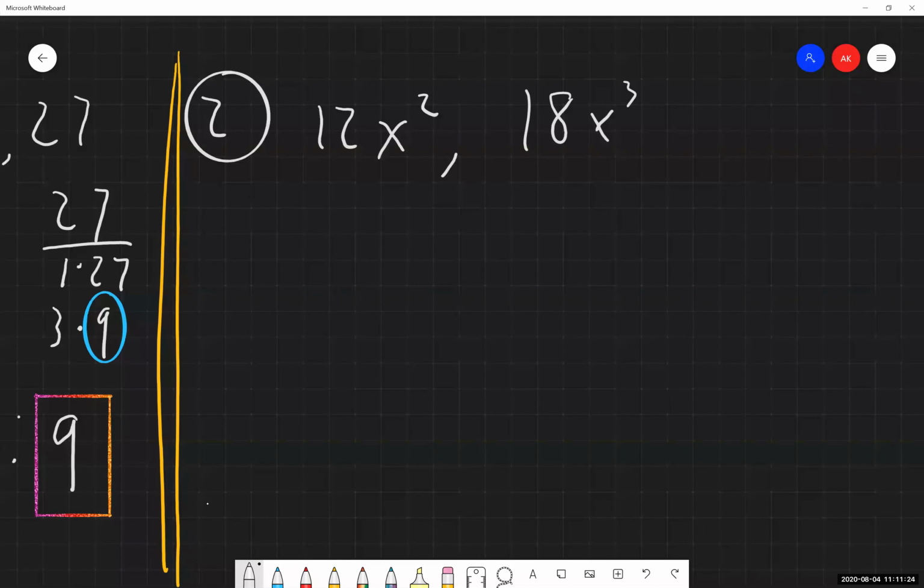So from here, again, we are trying to find the greatest common factor. Work with this in parts. Do the numbers first, then do the x's. So the factors of 12. Always start with 1 and the number. A lot of people forget to do that, and errors show up from that.